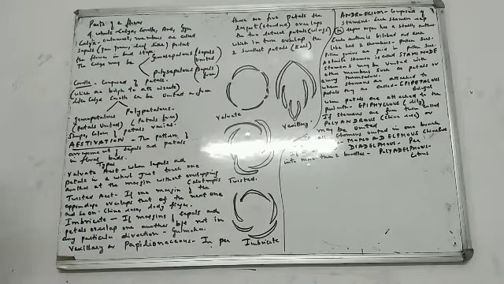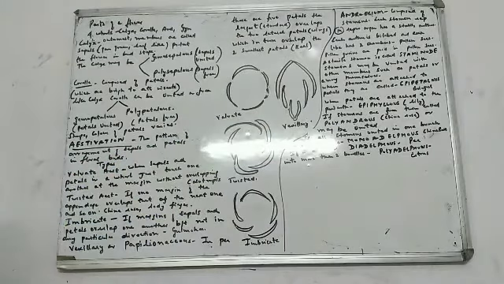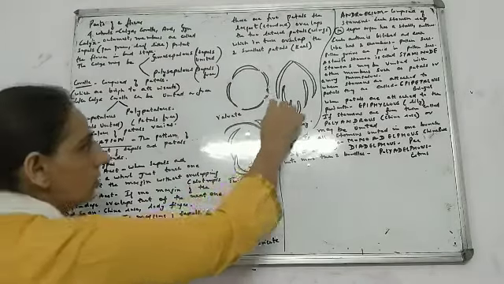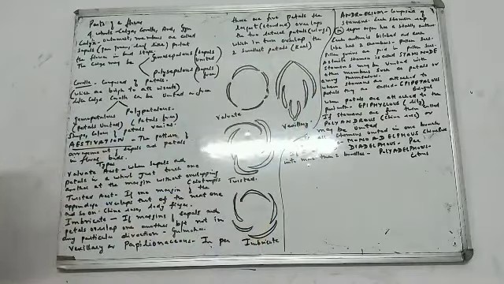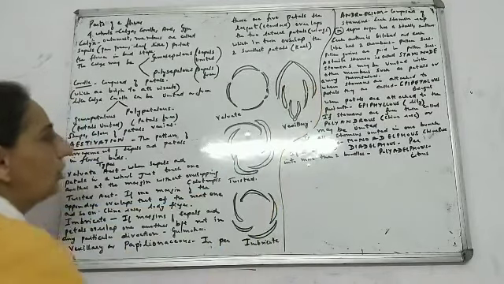V-E-X-I-L-L-A-R-Y. This is very interesting if you can see over here. See beta, sometimes we have 5 petals. For example, in the pea plant, we have how many? 5 petals. Now, the largest petal is known as the standard petal. If you can see, this is the largest petal I made. This largest petal, the standard petal, will overlap the 2 smaller petals. These 2 are smaller, and they are known as wings.